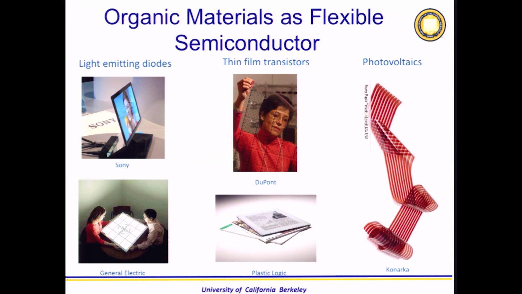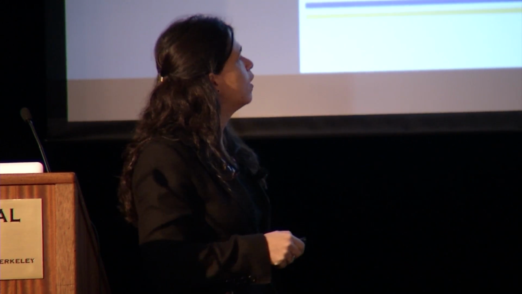So they became interesting for large screen displays. And today, Panasonic, LG, and Sony have shown really large area and flexible displays. Also for lighting, these organic semiconductors emit light in all wavelengths of the spectrum, so you can also get white light. And people are looking at how to start integrating these new types of light-emitting devices into the building so that we can have different ways of lighting the environment.